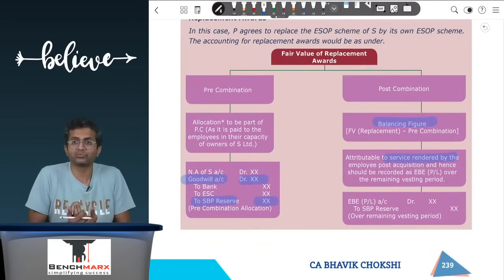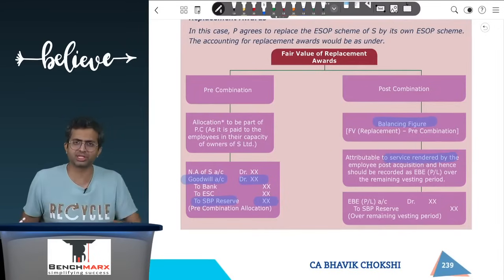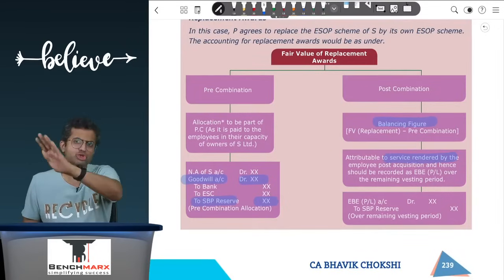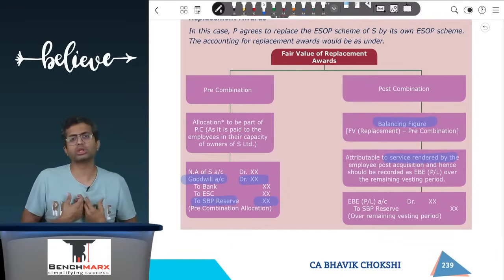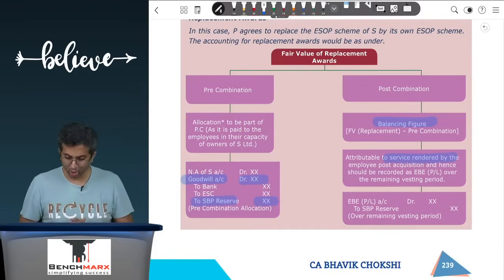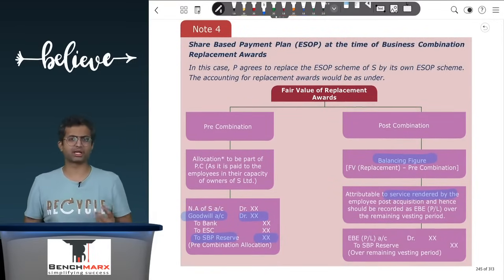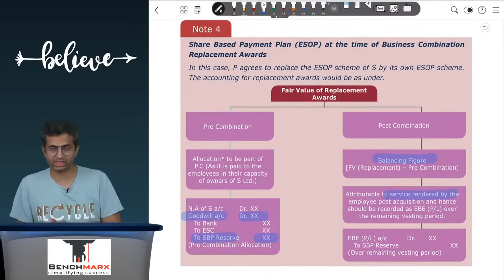This is not issued because the employee is an owner of the selling company. It will be issued eventually after 3 years because the employee renders 3 more years of service to the new company, for example. Over here, you will again need some practice to get used to this concept properly.